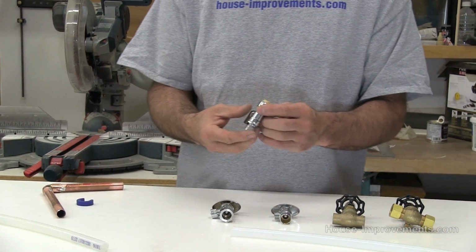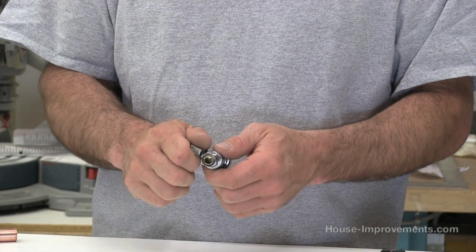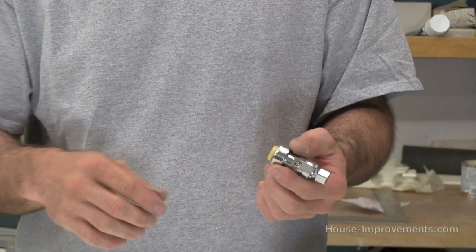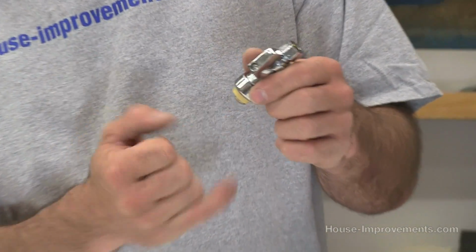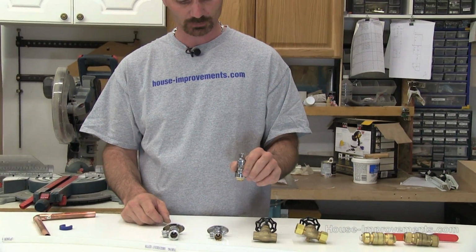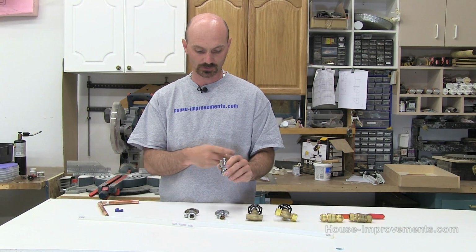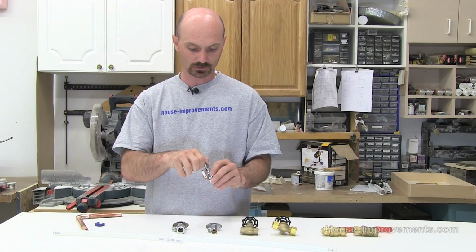Okay, so now we're back to the push-in type fitting, which is this one. And again, this could be on your water lines under your sink or whatever. It'd be the same idea. It works on copper or the plastic tubing. I don't know if you can see it because this one's more clear, but it does have the insert inside there that you need for the plastic piping. Pull it out if you're using it in copper. So you'd simply push that on. The other end on this one is set up to thread on either a braided line going up to your water hose or a water faucet, or you can use it with the plastic water lines that you sometimes see,